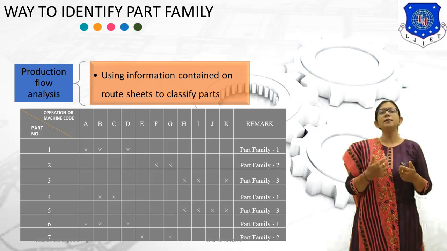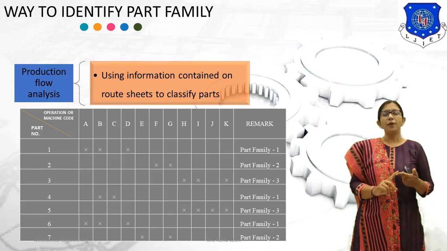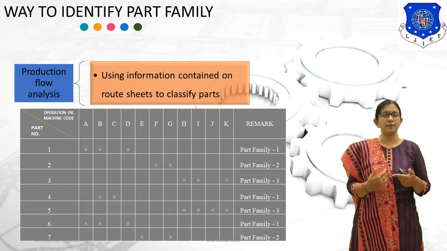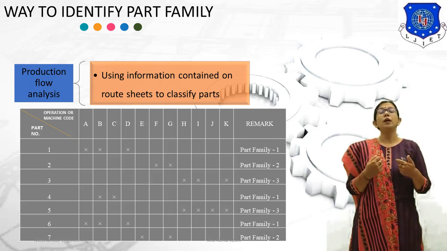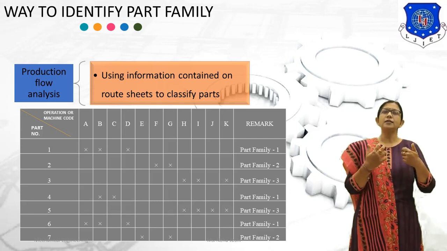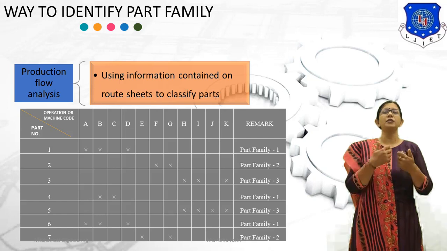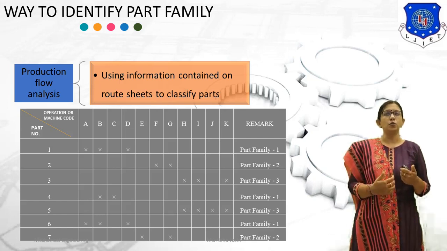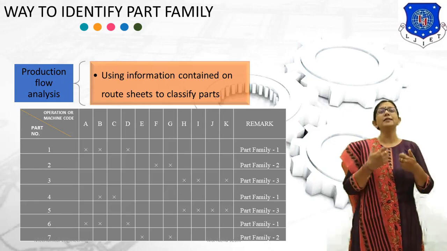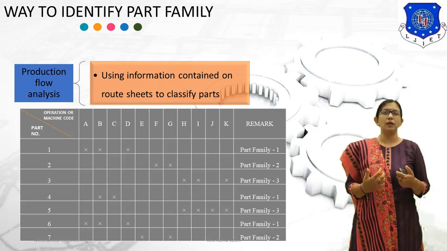The product flow analysis involves four steps: data collection, sorting of operation, preparation of product flow analysis chart, and data analysis. Now the first step is data collection. In data collection, the data such as part number and operation sequence is collected from the manufacturing data contained in the route set. Then the second step is sorting of operation. The sorting of operation is that in which the operations are arranged according to similarity.